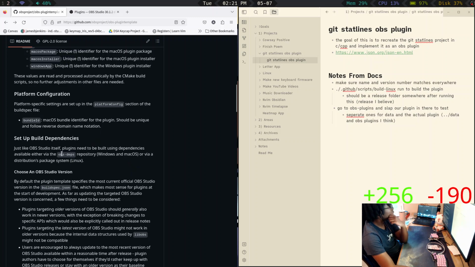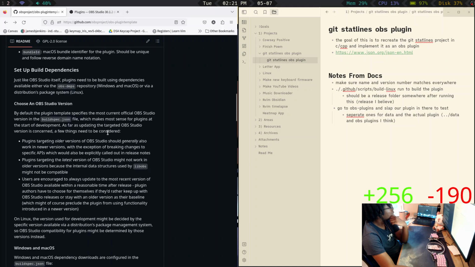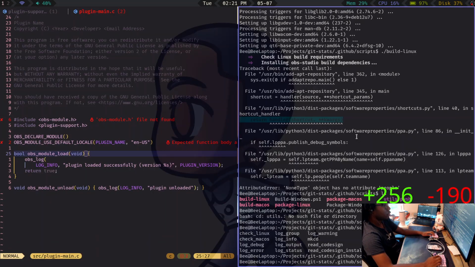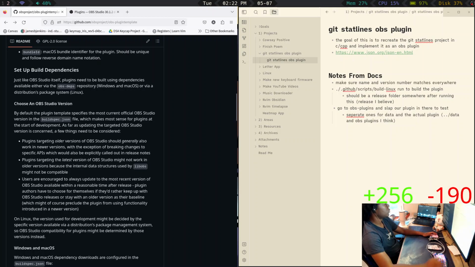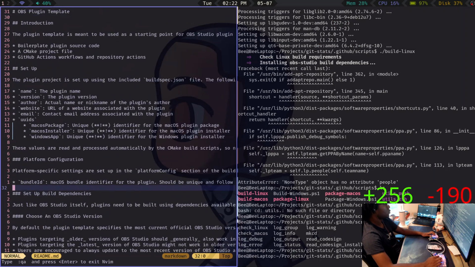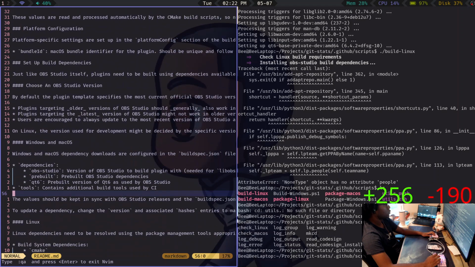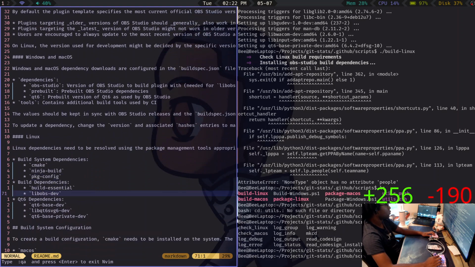By default. Build spec.json. Okay, what if I just put it back?